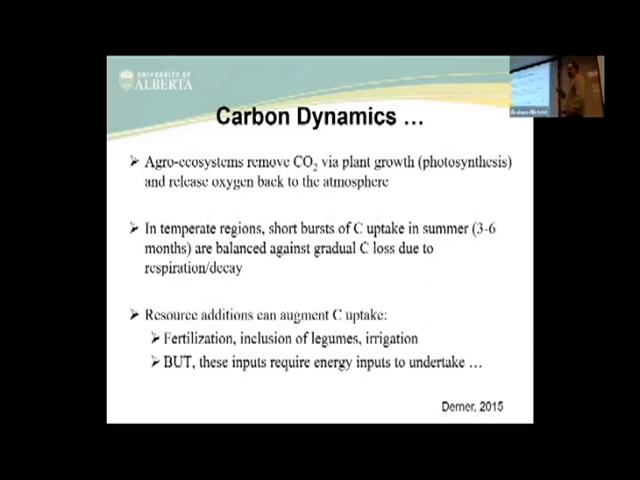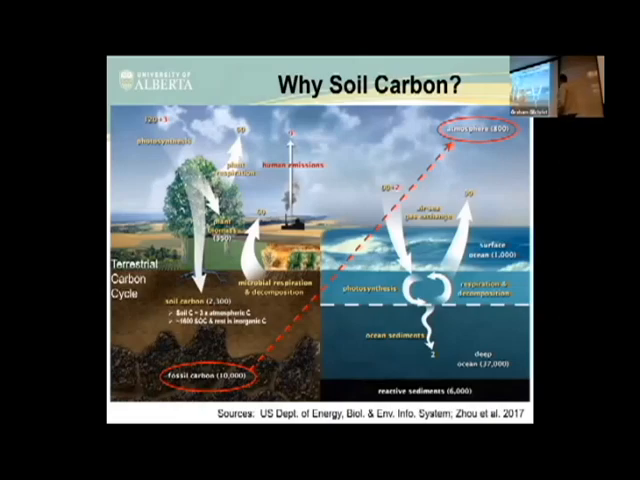Okay, so why soil carbon? So if you look